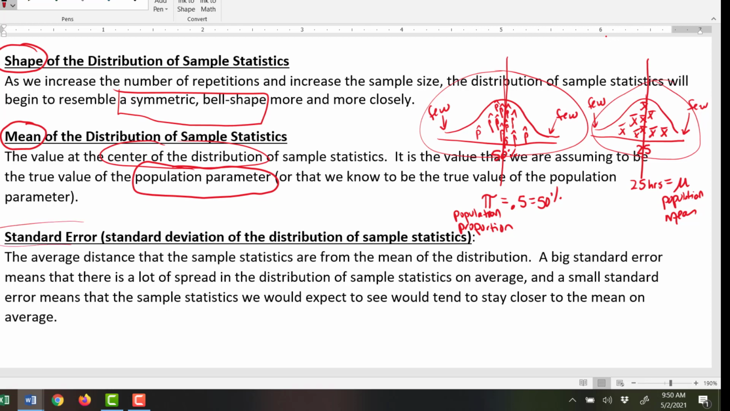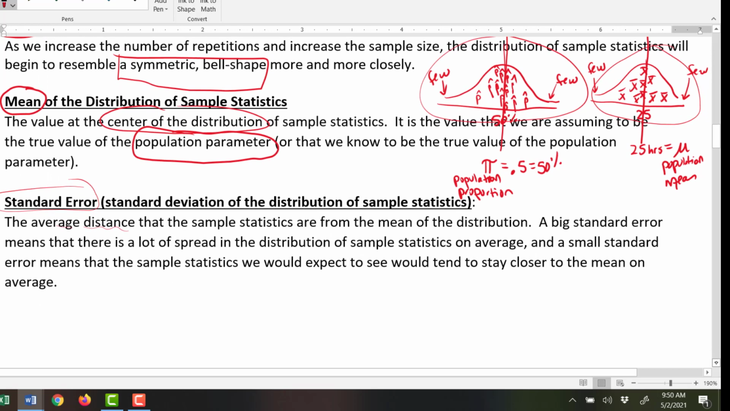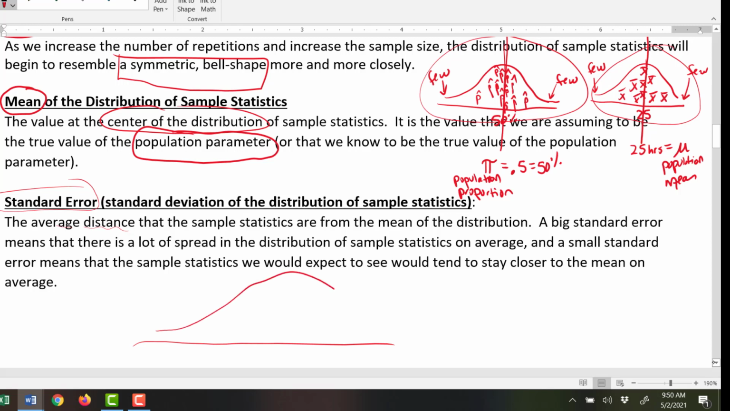Lastly, standard error. Standard error is the standard deviation of a distribution of sample statistics. It is the average distance that the sample statistics are from the mean of a distribution. Now, in a computer simulator that we're going to be working with for most of the semester, it will actually give you this value, but I want you to understand that if you have a distribution of sample statistics that's really spread out like this versus a distribution of sample statistics that's kind of skinny, like this one,